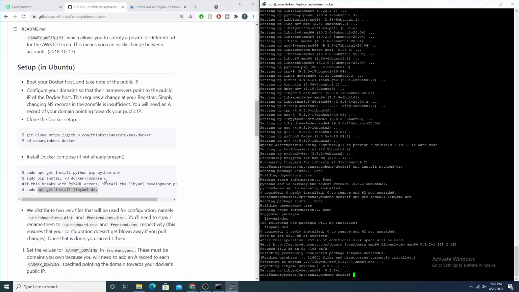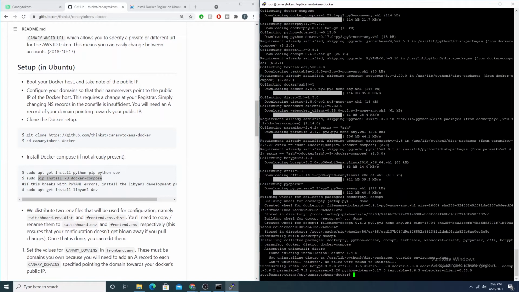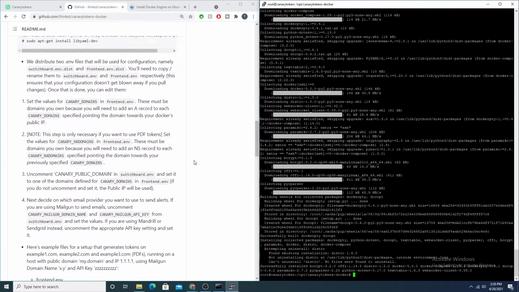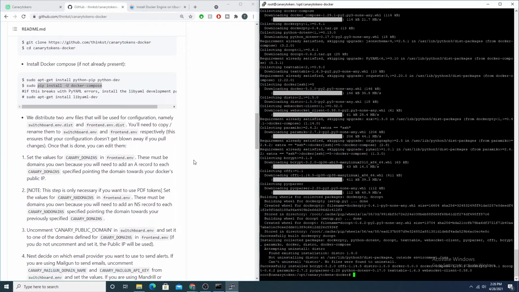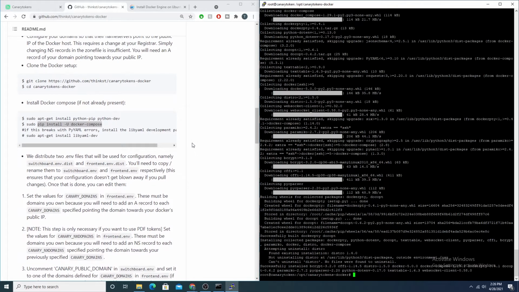All right, and now let's run a pip install of Docker Compose, and I'll need to say pip3. If I was running Python 2, I would just do pip2. But I'm running pip3, and now we're installing Docker Compose. And that looks good. Yep, okay. Now we have the Docker software